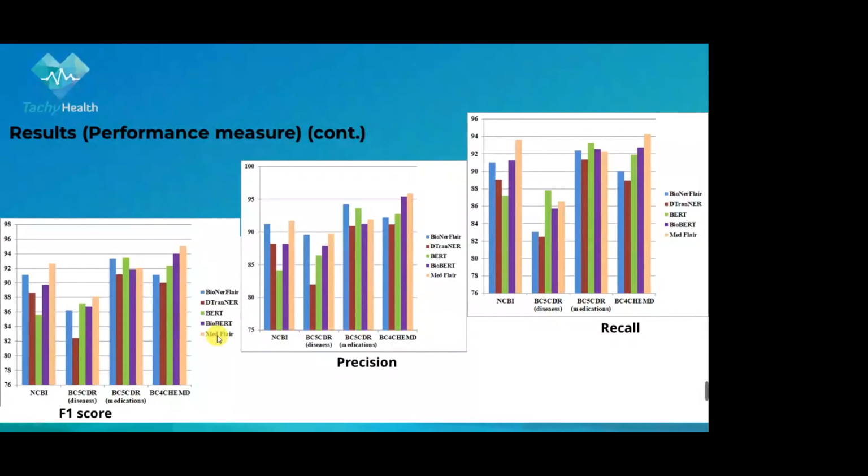Our model here, Midflare, you can see that it outperforms all the other models in F1 score in most of the data sets here, except the data sets which contain medications, but it's a slight difference, like 1% for F1 score. The same here, Midflare outperforms on all data sets except these data sets which contain medications. The same here with the pink one, which represents the Midflare model. So